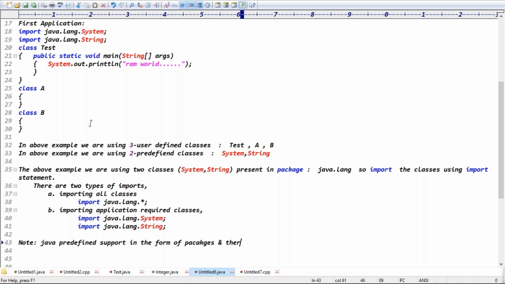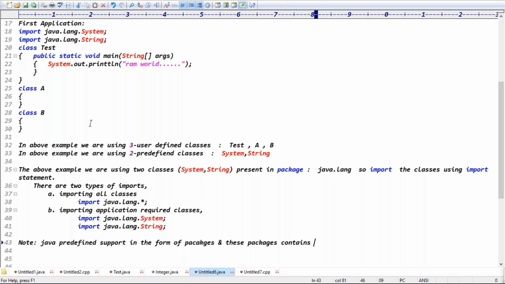And what do these packages contain? Classes and interfaces. Do the packages contain only classes and interfaces, or any other elements? Enums.